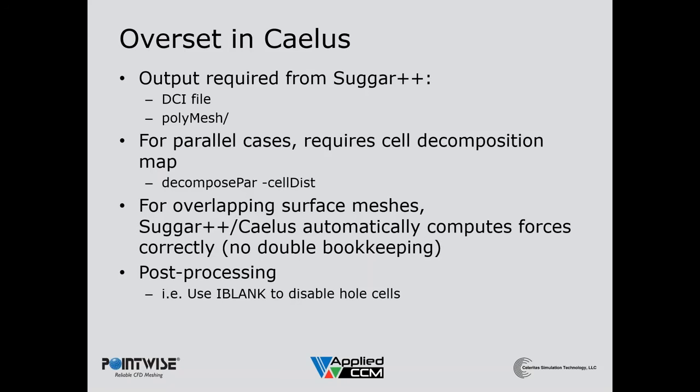And then with regards to post processing, I think all the major and even open source post processors can import OpenFOAM files, which Caelus generates for all the solution quantities. And then to help facilitate the overset, there's an iBlank field that's generated as well, and that's just a scalar field full of integers, and you can use the iBlank to disable the hole cells. So go ahead to the next slide, Travis, and I'll show that.